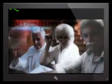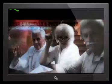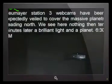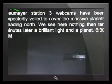Evidence of gigantic planets and axis tilt of the Earth, and then over the last 4 days, today is the 2nd of October, and for 4 days they've blanked it out altogether. We can't see anything from 3 different stations. This is Neumeyer Station 3 webcams, and as I said, they've been unexpectedly veiled over to cover the massive planets